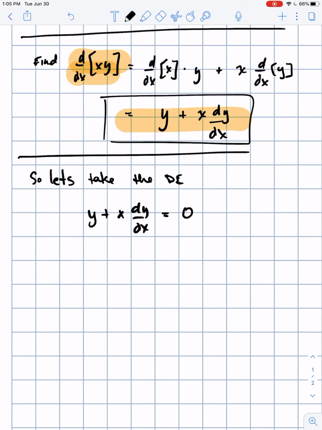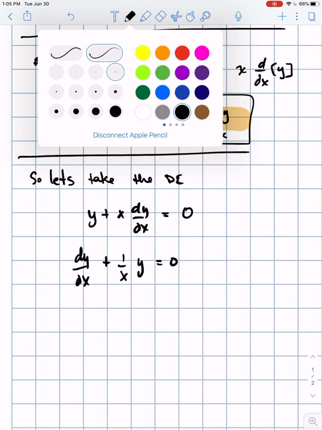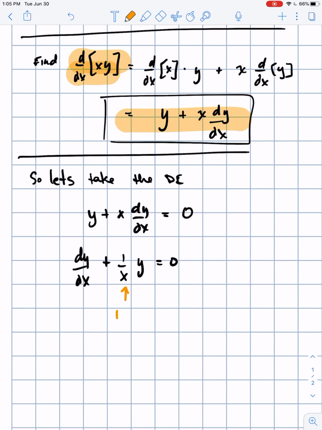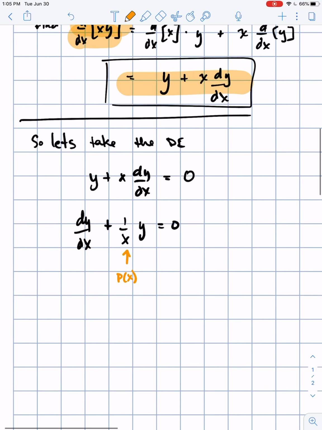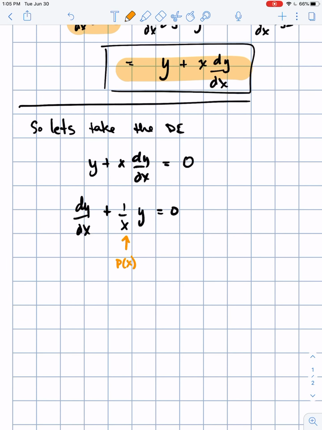Okay, so let's put it in standard form. I'm going to divide everything by x and just rearrange it so it's in standard form. And we could see here is our p of x. That is going to be one of the most important things here, because you'll see where I'm going with this. If I know that this is p of x,